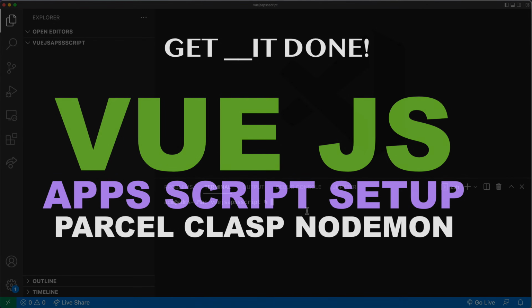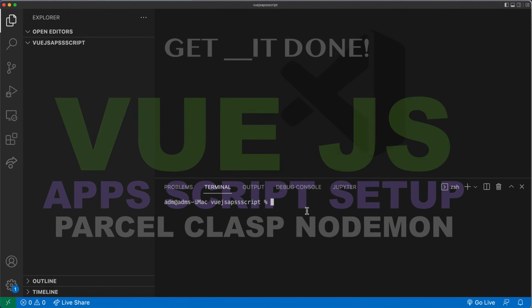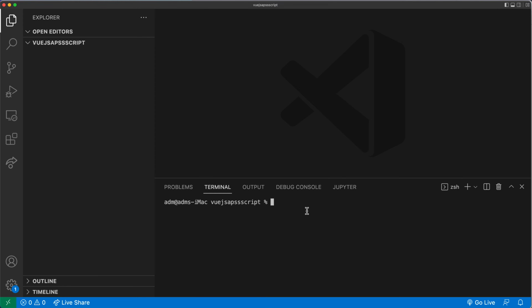In this video, let's make a Vue.js app in AppScript. So we're not going to be building the actual application. We'll just do a setup so that we can actually use Vue.js in AppScript environment. So we're going to have our VS Code in a folder open, and we're going to need a few different